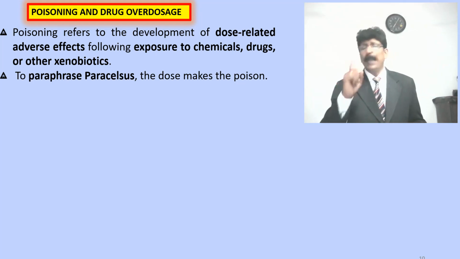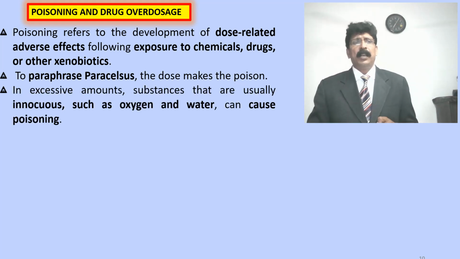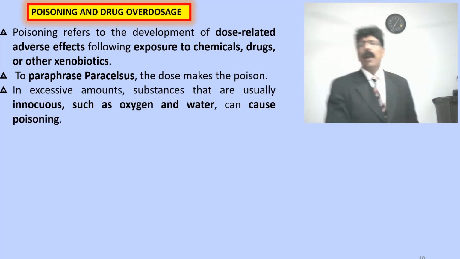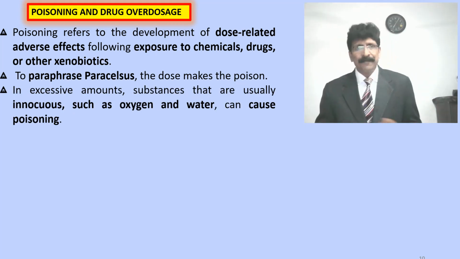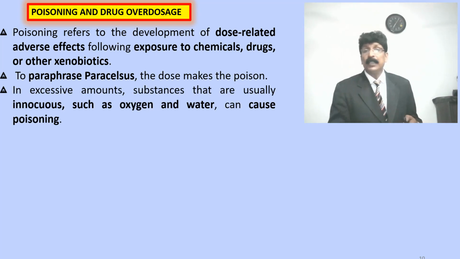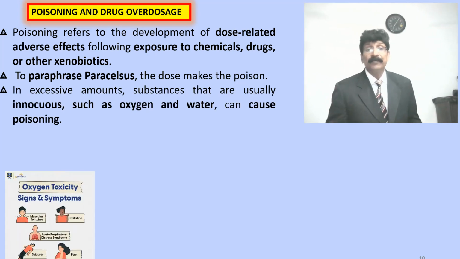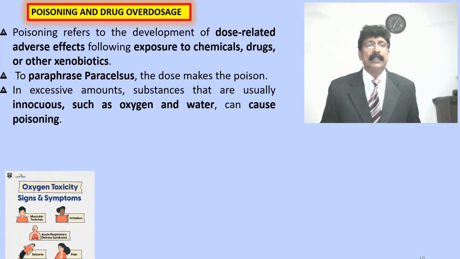The dose decides whether it is a food or a drug or a poison. In excessive amounts, substances that are usually innocuous, such as oxygen and water, can also kill a person and cause poisoning. Oxygen toxicity, you see, signs and symptoms like